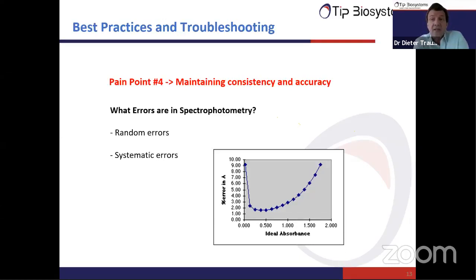And I think now you can understand why it's like this, because I showed you before the logarithmic relationship of the absorbance. Every absorbance step from 1 to 2 means there is only 10 times less of the light going through. This is why at a very high absorbance, the error is relatively high.